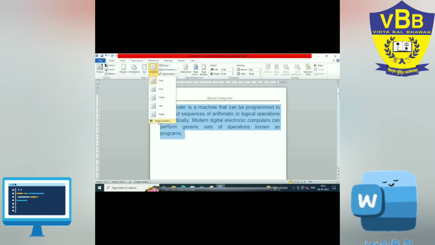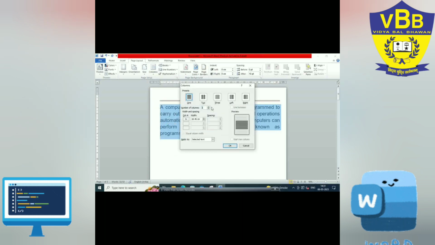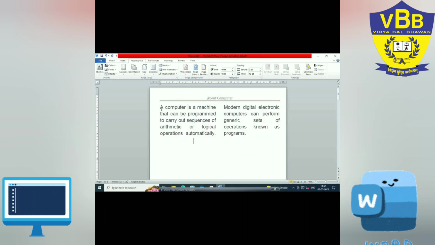Here you can choose 1 column, 2 columns, 3 columns, or from the more columns option you can increase or decrease the number of columns. Suppose I want to convert the content into 2 columns. So I will select 2 columns, then I will click on OK. Here you can see the whole content gets converted into 2 columns. So now you have done with it.